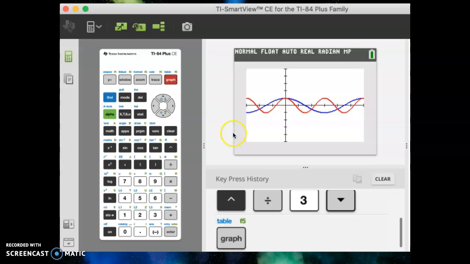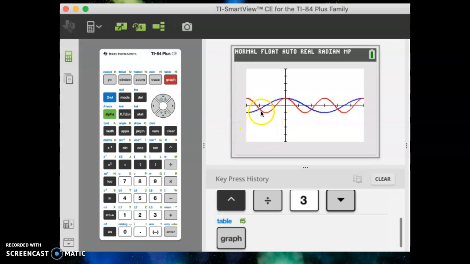And so again, I can use the calculator to figure it out, but notice right here, because I changed my x intervals to counting by pi over 3, you can see that I have an intersection right here at -2 pi over 3. I have an intersection right here at 0. I have an intersection right here at +2 pi over 3. This is 3 pi over 3. I have an intersection right here at 4 pi over 3. This is 5 pi over 3, and then my last intersection is at 2 pi, which is 6 pi over